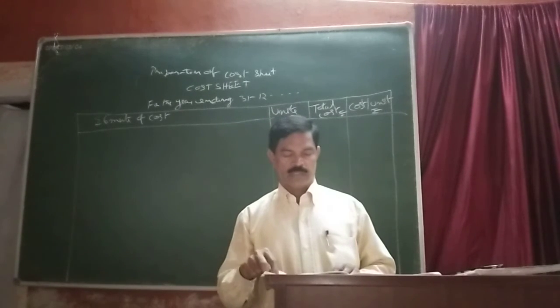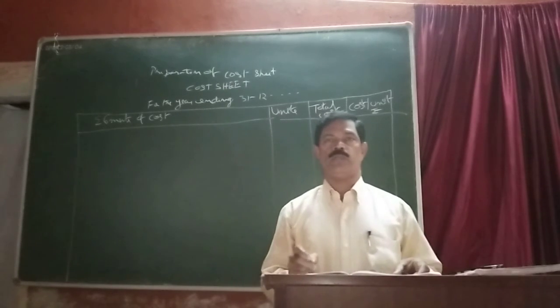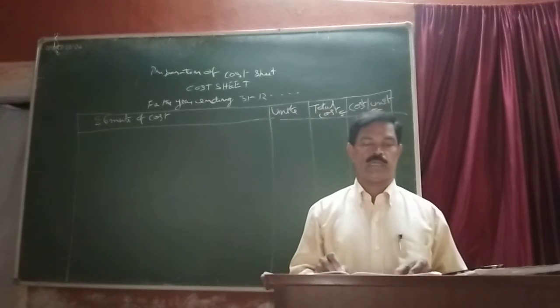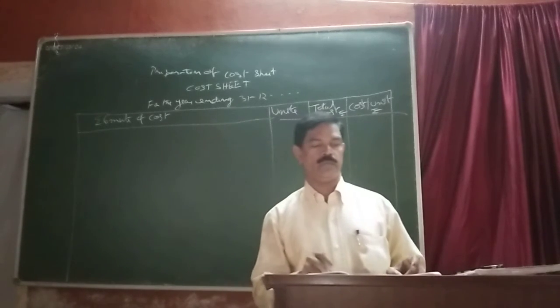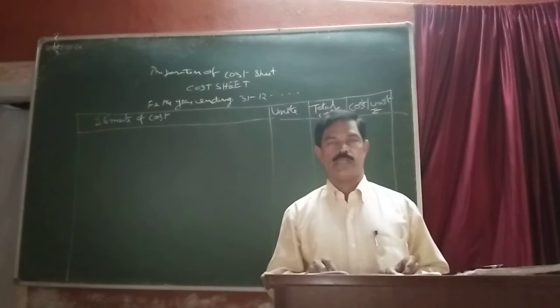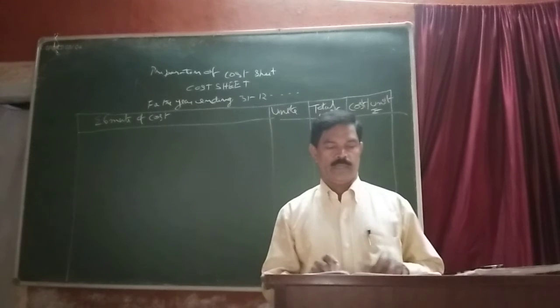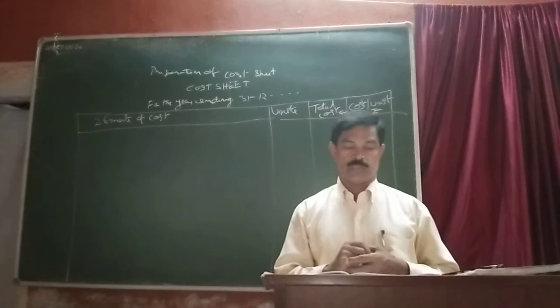Then the next part we have seen in the last class is division of cost, like prime cost, how prime cost is arrived, then works cost, how works cost is arrived, then cost of production, how cost of production is arrived, then profit, sales, selling price, how these are totally calculated. Then next part is treatment of stock. So how the stock is treated here.